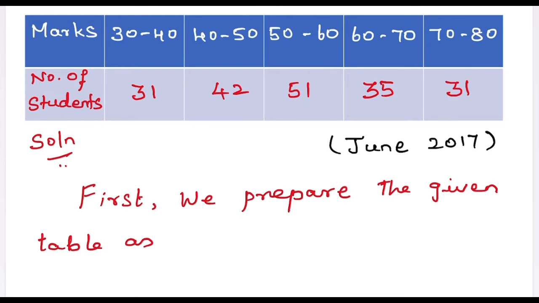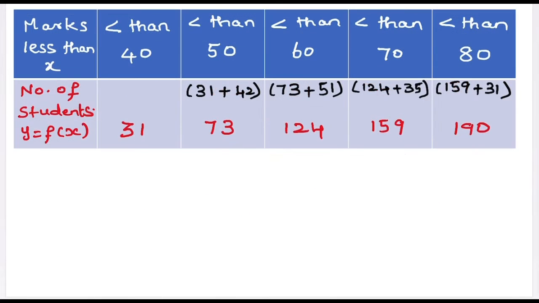Solution of this problem is, first we prepare the given table as the marks which is less than x. That is, taking 30 to 40 as less than 40 marks, 40 to 50 as less than 50 marks, 50 to 60 as less than 60 marks, 60 to 70 as less than 70 marks, similarly 70 to 80 as less than 80 marks. And the number of students, that is y equals f of x, will become